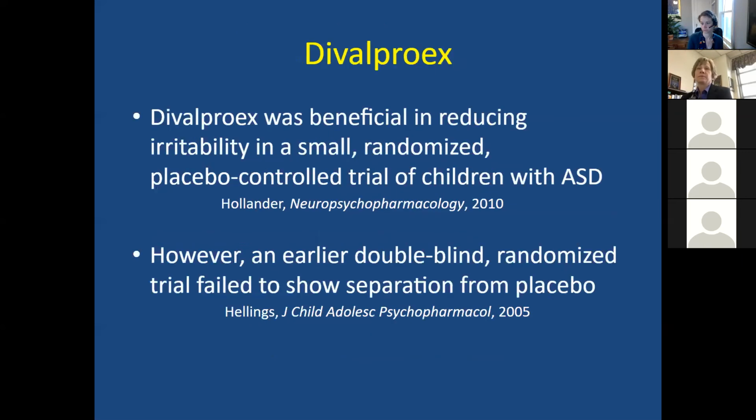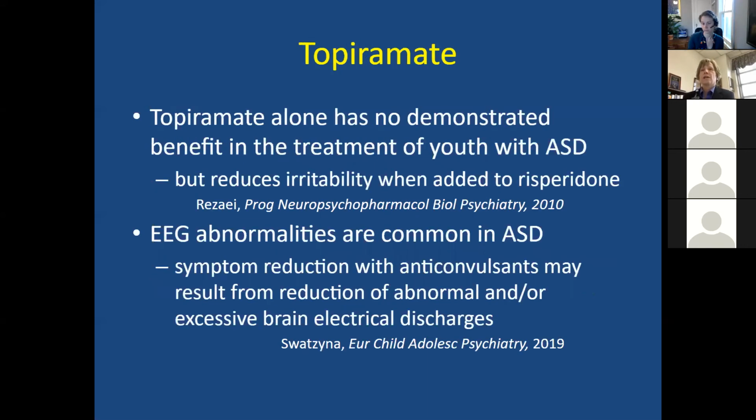Next slide. Divalproex is an anticonvulsant, an anti-seizure medicine. It can also be helpful, and there is good clinical data to support its benefit in children with autism. Next slide. Topiramate, also an anticonvulsant, anti-seizure medicine, can reduce appetite. Sometimes certain medications increase appetite; this one can reduce the appetite. It can be an additional benefit of the medication